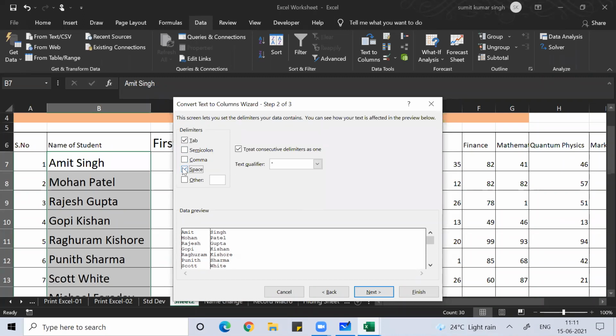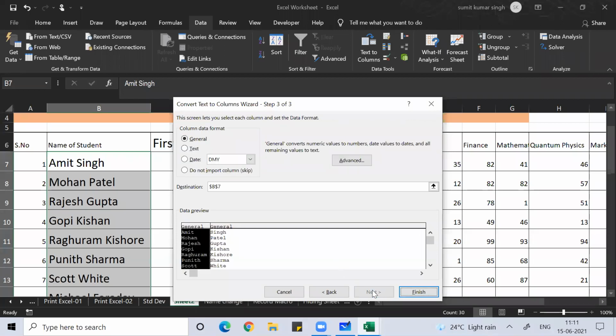My delimiter is space, so with that I can separate. It can be a comma too. For CSV files, if you have commas, you can use comma as the delimiter. Here my delimiter is space. By default this tab will be ticked, you let it be. Next, you can simply keep it, it gives me the answer.